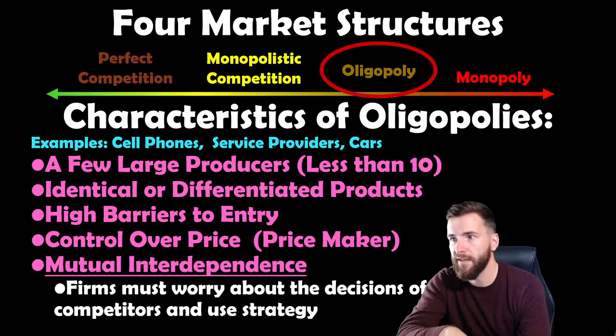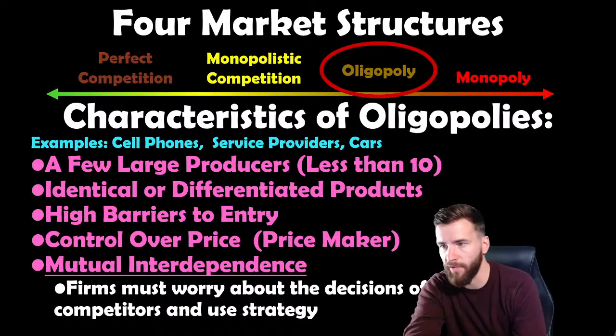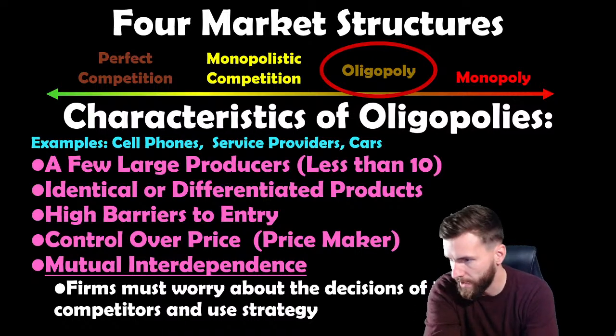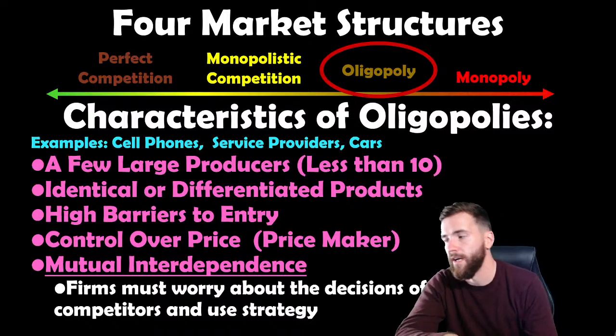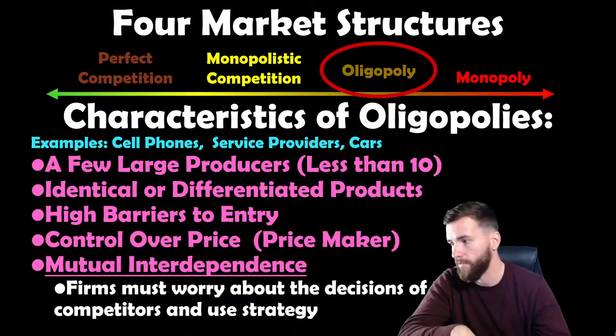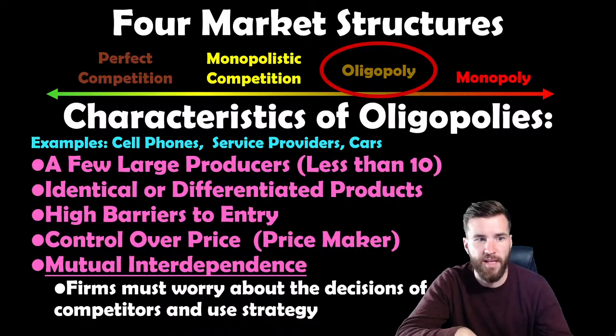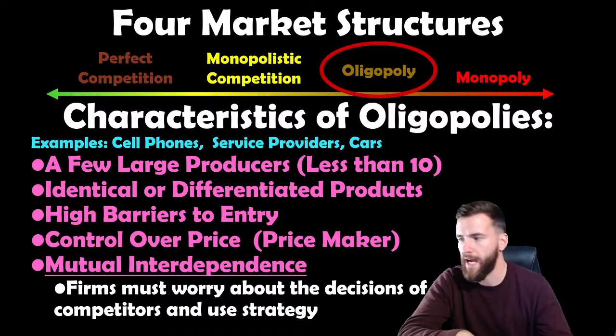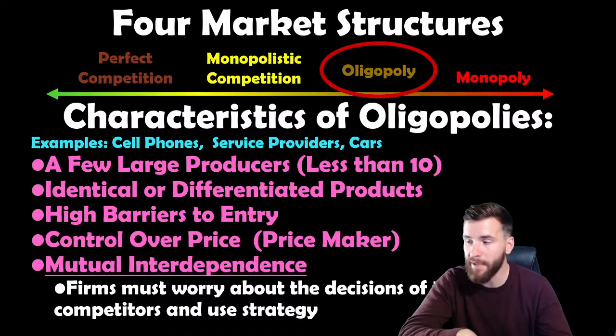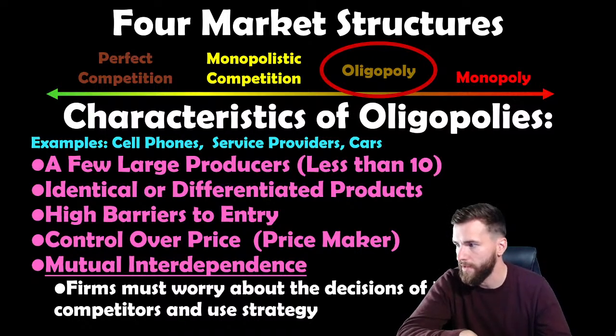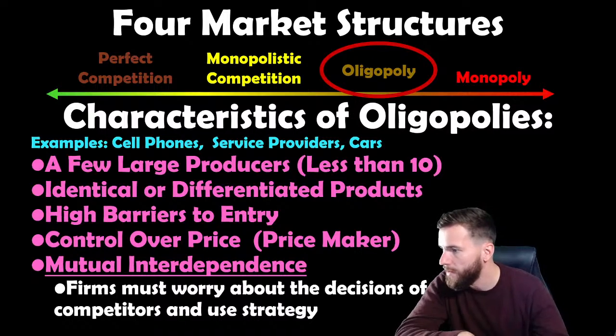An oligopoly will make a decision based on the information they have about the other firm. Will this firm advertise? If that firm advertises, then I'm going to have to advertise. If that firm doesn't advertise, then I'm not going to advertise, right? This is the idea. So for advertising for oligopolies, say dependent upon the other firm.